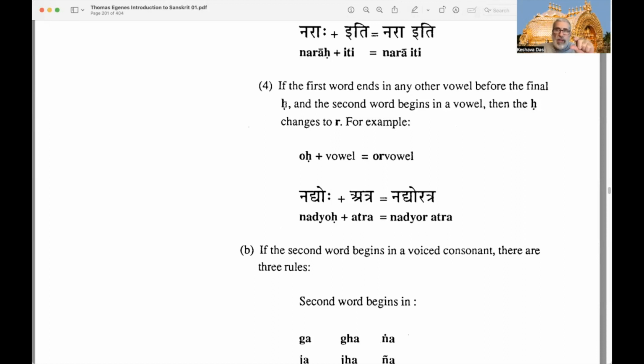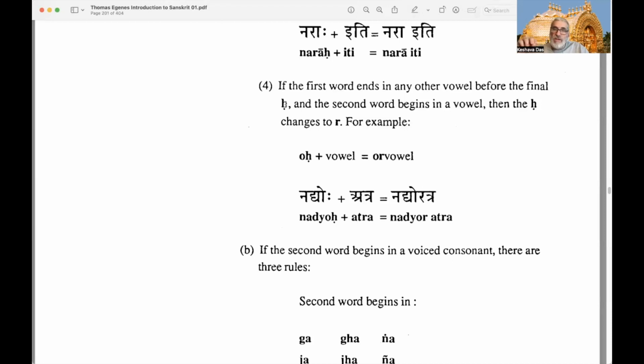So any other vowel: short I, long I, short U, long U, A, I, O, Al. We don't usually get ri or re coming before Visarga at the end of the first word. So it'll be I, U, or A, I, O, Al coming before the Visarga in the first word. Then what happens? If the first word ends in any other vowel before the final Visarga, and the second word begins with any vowel,